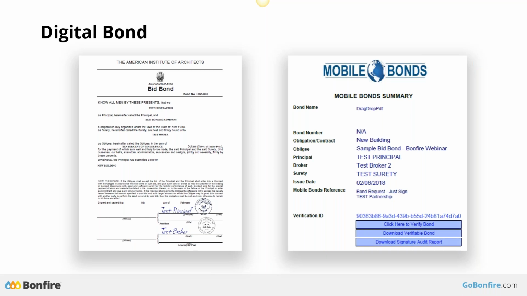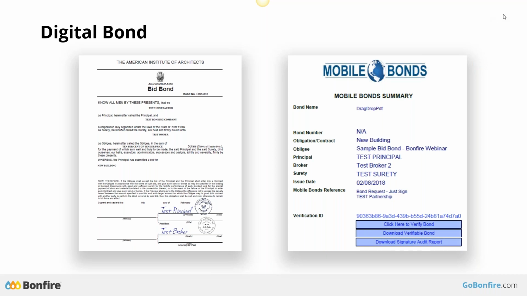On the other side of the screen, we include this summary page that goes with every single document. One, it's to indicate that it's a digital bond. But if you look at the bottom of the screen, we've got links.